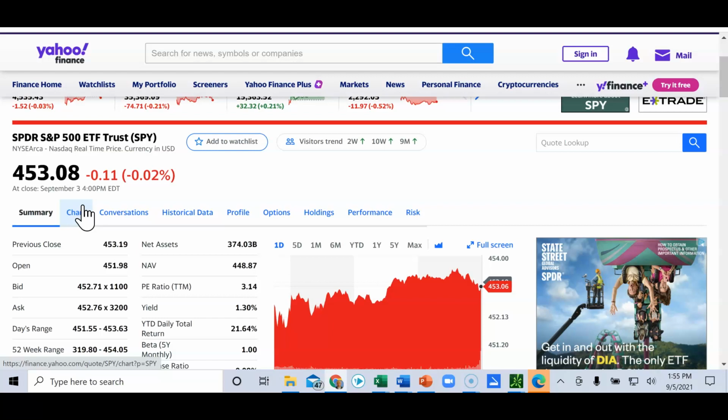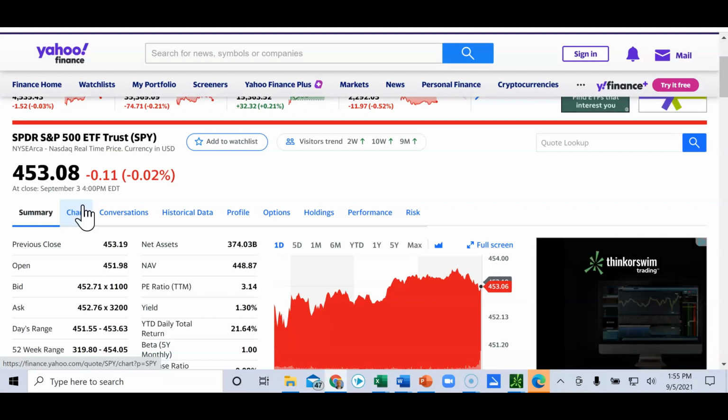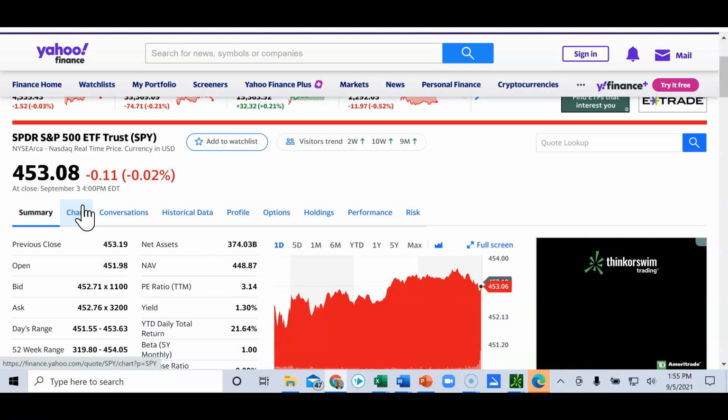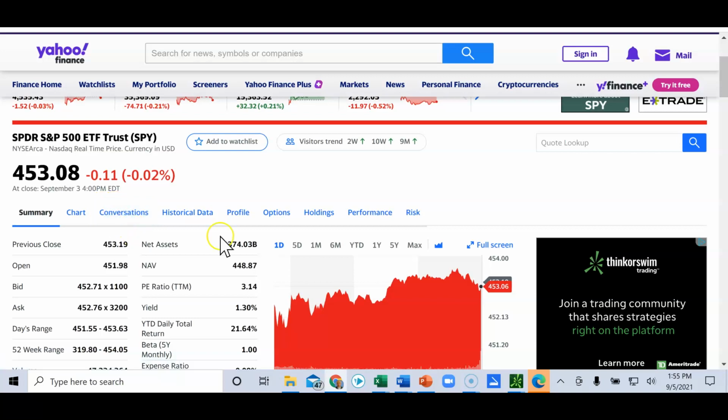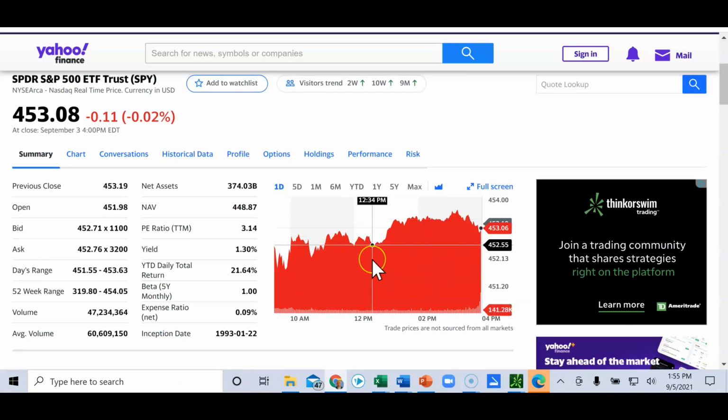What you can buy is a fund that replicates the S&P 500, and there are funds in Vanguard, and other funds like Fidelity funds, etc. that would, quote unquote, mimic the S&P 500. So this is one of the funds that mimics the S&P 500. And what do I mean by that? So again, this gives me the chart, but if I look at the performance,